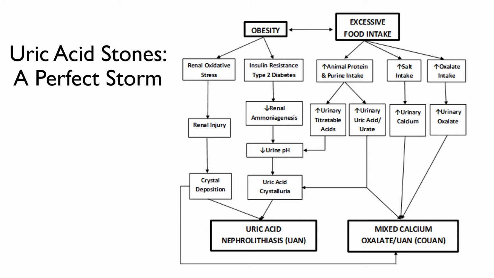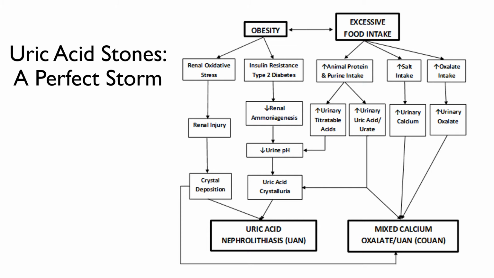And indeed, there's a sort of a perfect storm of factors that are contributing to the development of uric acid nephrolithiasis. So you see here I have uric acid nephrolithiasis and then mixed calcium oxalate uric acid nephrolithiasis. There are folks who form a combination of those, but if you focus really here on uric acid nephrolithiasis,